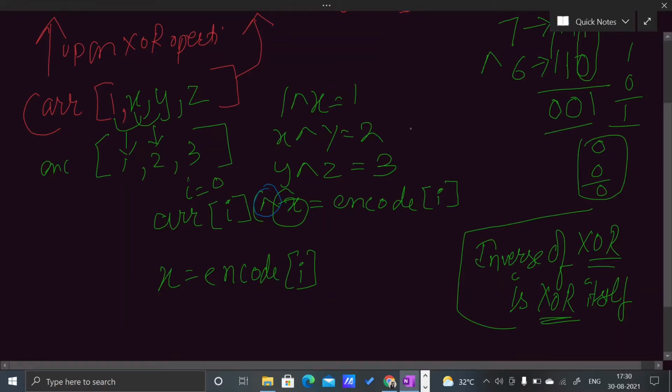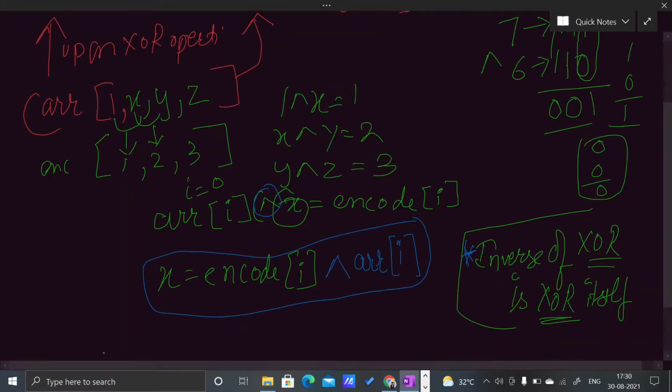Same for this XOR operation, it will invert, and this statement says that the inverse of XOR is XOR itself. So I get the value of x is equal to encoded of I XOR ARR of I. So this will be my basic idea for the code.